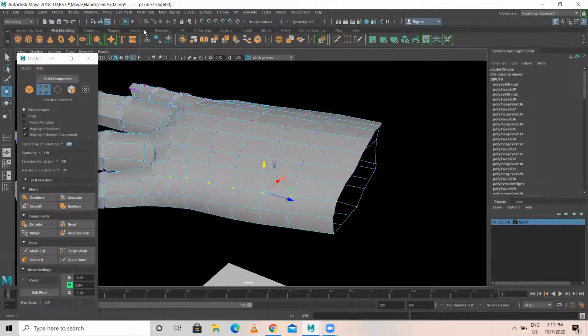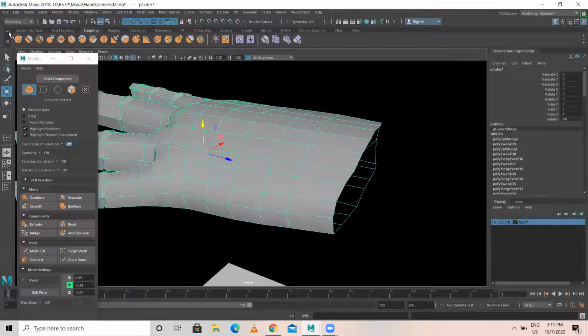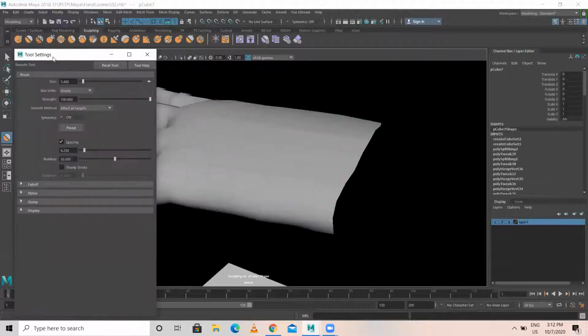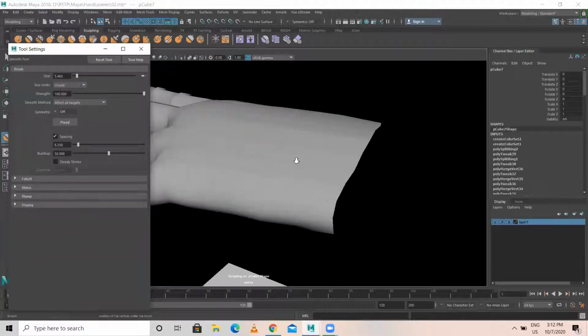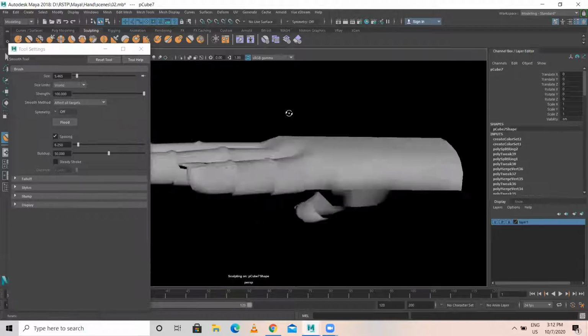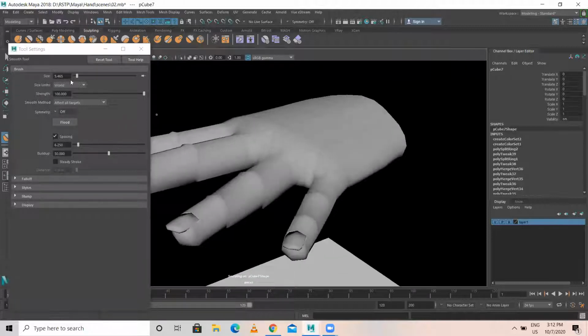Then what I'll do, come to sculpting here. Smooth tool is there. Select the smooth tool. When you select the smooth tool, this shows something like this. Okay. Here, size, it's okay. Strength you can reduce.